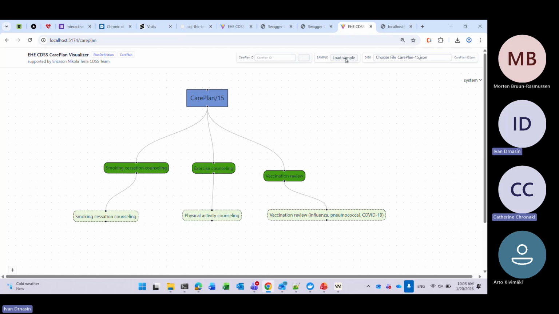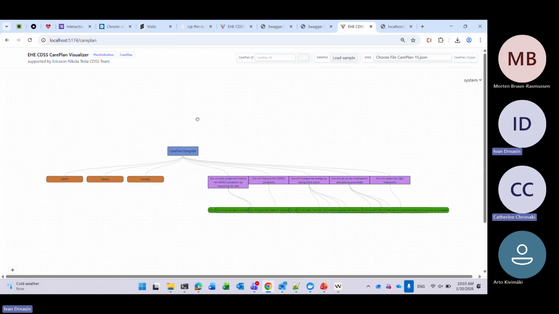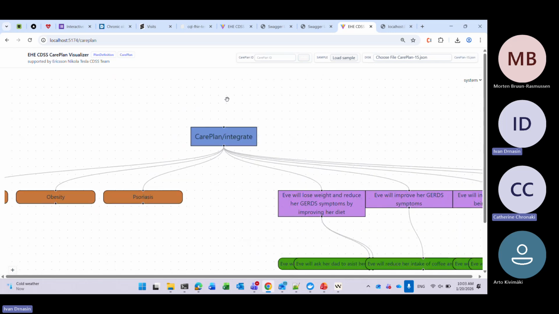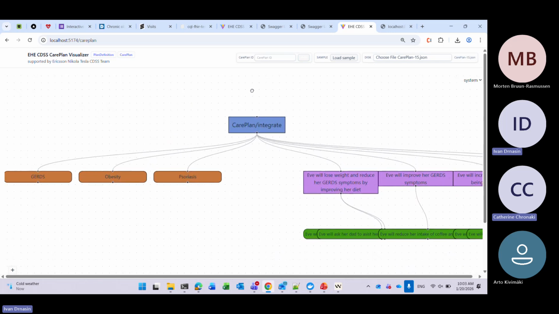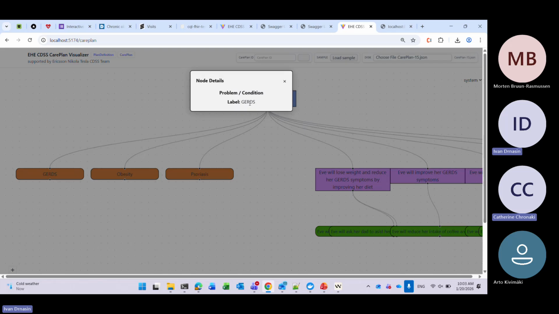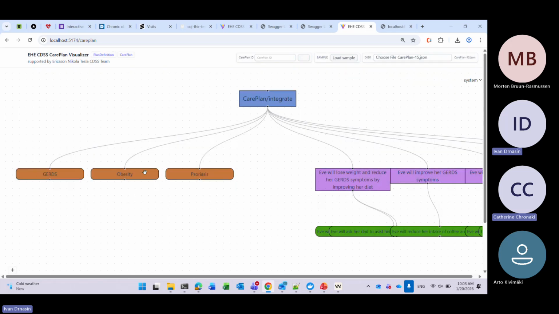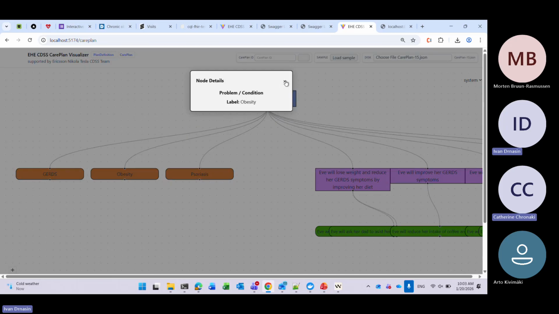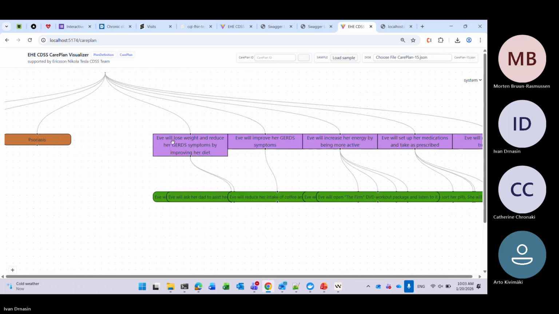I have here a much better care plan. It's a simple care plan from what's on the FHIR server, and it's much more interesting to me because it's a real care plan and it's much better. So for this patient, we have a care plan that has the problems of the patient, conditions that are already inside. So maybe I could also instruct my AI, or I will do it manually, to add conditions of the patient to see what the problem with the patient is. And then we have some suggestions.